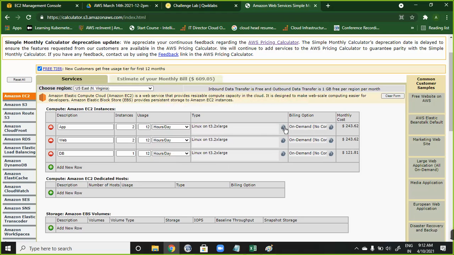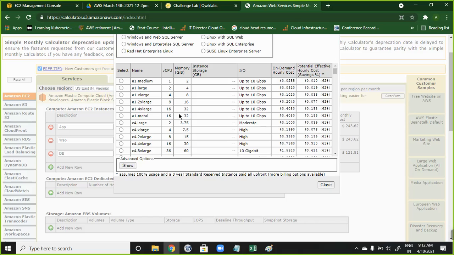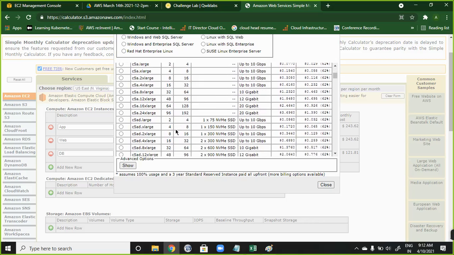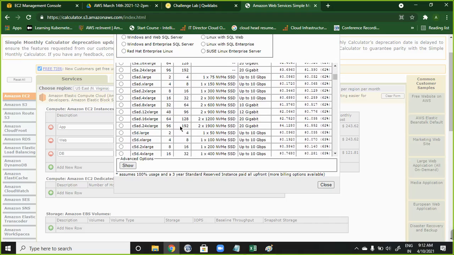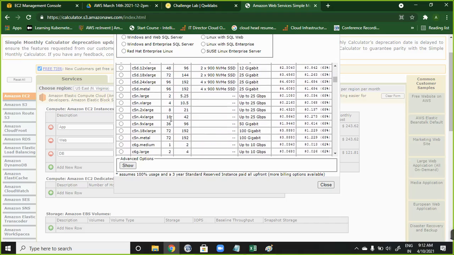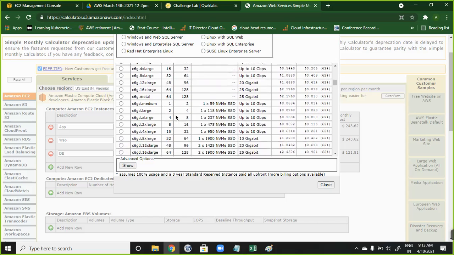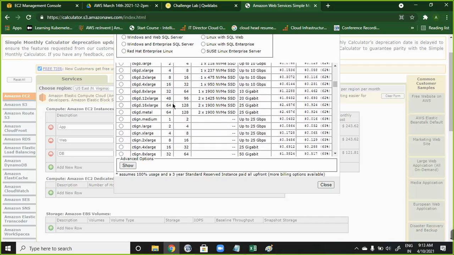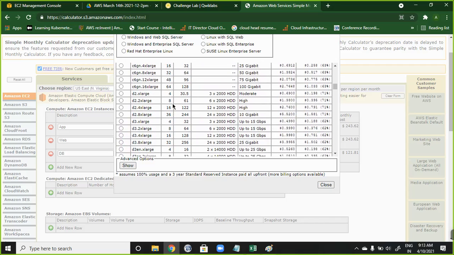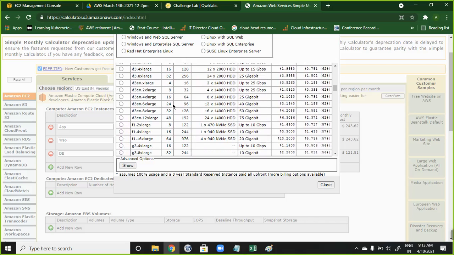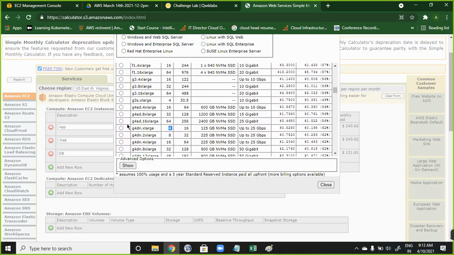And now he said 4 CPU, 16 gig of memory, right? So if I say 4 CPU, 16 gig of memory, or any configuration which has been suggested, I search here. Okay, so maybe it is available. If it is not available, we have to take the nearby one, but let's search it first. So 4, 16, yeah, it is here, 4 16. So I take this also here,